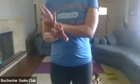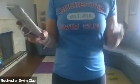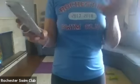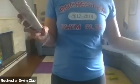Each round, you add another exercise. So the first round, you go 20 seconds squat jumps, 10 seconds rest. Round 2, you'll go 20 seconds squat jumps, 10-second rest, 20-second lunge pulse, 10 seconds rest. Next round, you'll go 20-second squat jump, 10 seconds rest, 20-second lunge pulse, 10 seconds rest, 20-second camel ankle touches. I'll show you that in a second. 10 seconds rest. And then the last round, you go the squat jumps, lunge pulses, camel touches, and then glute